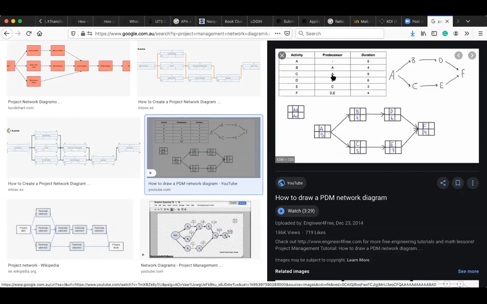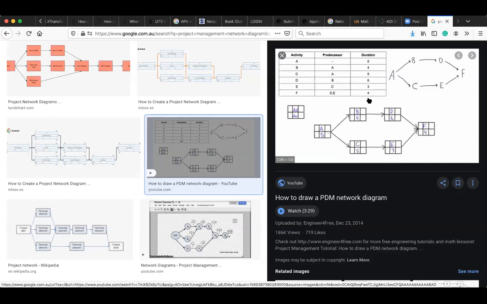Both of them will come after A, which comes before it. So B and C. Then there's activity D, which comes after B. That's here. Then there's activity E, which comes after C. That's here. And there's activity F, which comes after D and E. And that's here. This is an example of bringing work breakdown structure into a network diagram where we start saying,